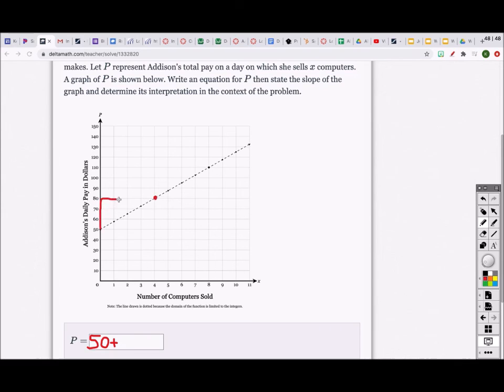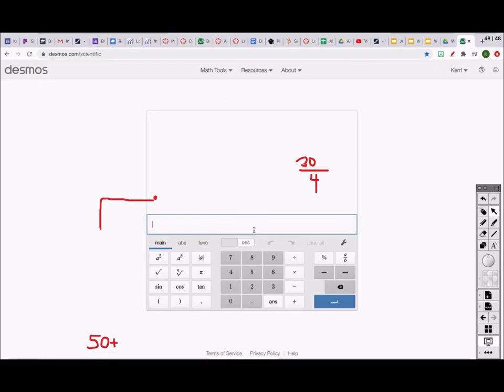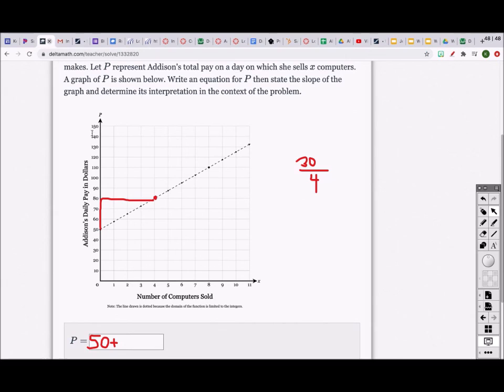So remember, we always go up and down and then to the right, and it goes up 10, 20, 30, divided by 4. Now, you should probably use a scientific calculator, Desmos. 30 divided by 4, and you change it to a fraction, 15 halves. So it's 50 plus 15 halves,